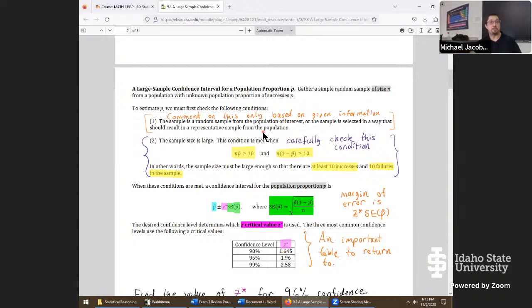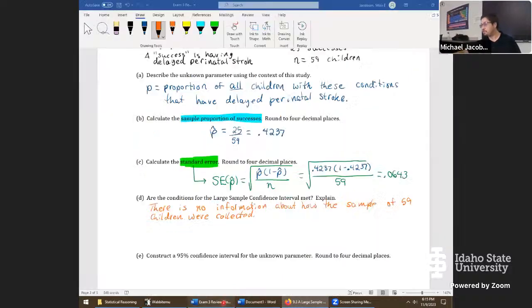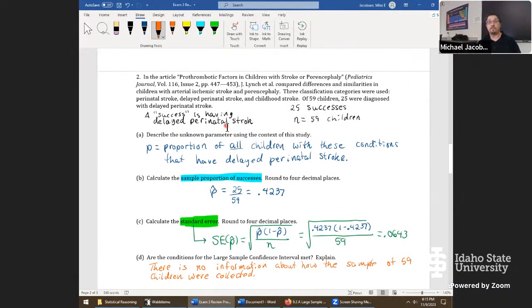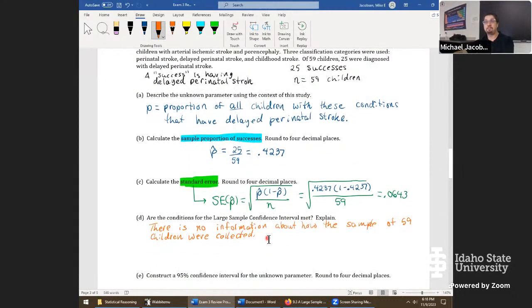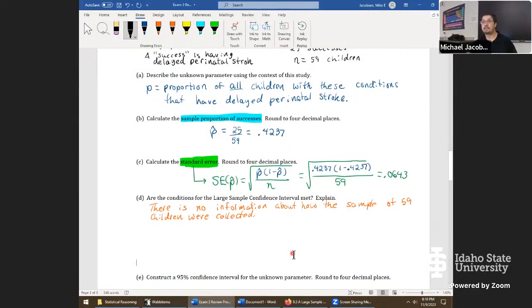That's going to require a lot of experts that deal with the specific disease that we're talking about here, and a lot of experts in statistics itself to justify if that was really a representative sample at all, that could be regarded as random. That's not something we can really do as outsiders. And so we just try to adjust the question by looking at whatever information they gave us. But then the next step we can take a look at is if the sample size was large enough to be successful. So we'll look at that next. This is the part we will assess directly. First, we'll look at the number of successes.